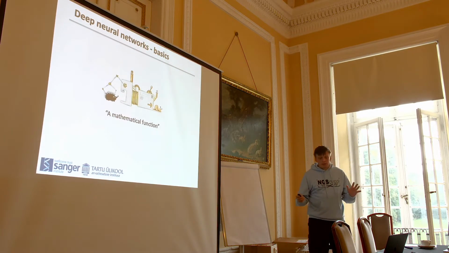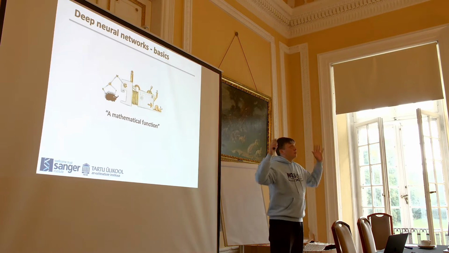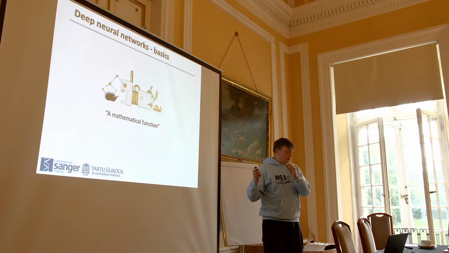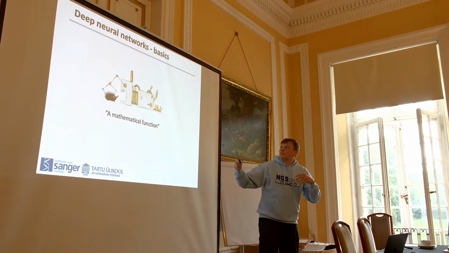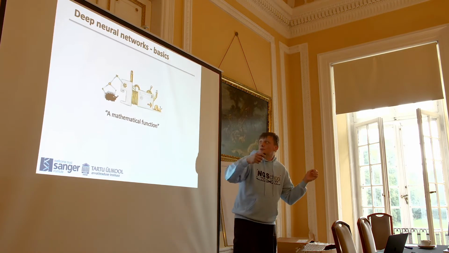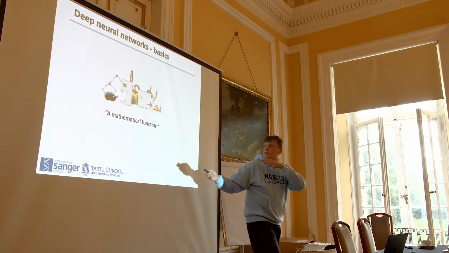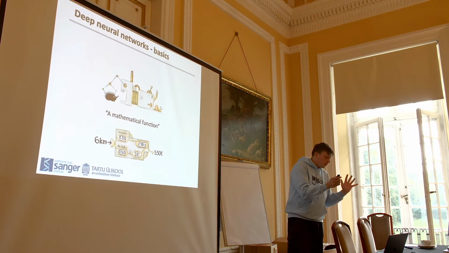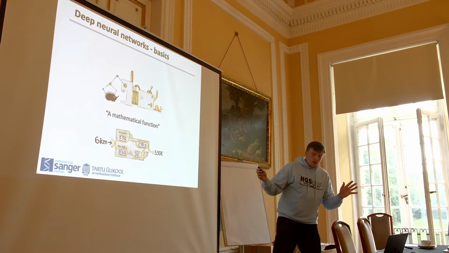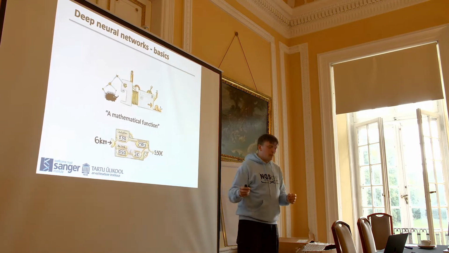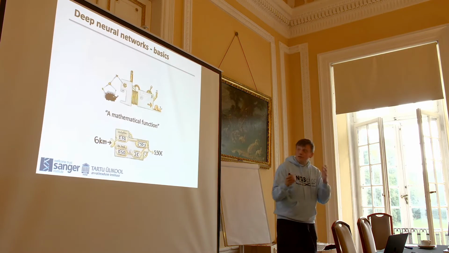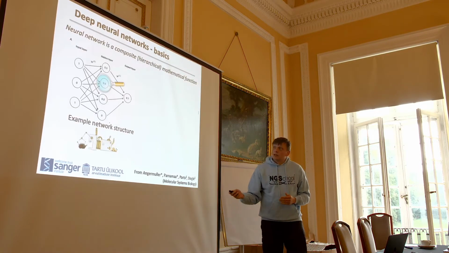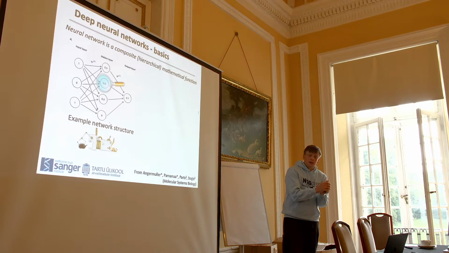Okay, so there's the machine learning framework, input to output, with different ways of doing it. One way of doing it is deep learning, and deep learning is in the end a mathematical function. I like these illustrations that come from an Estonian math book. A function is something that takes an input and produces an output. In this case, it takes a hedgehog and produces a snail, or it can take a distance traveled in a taxi and give out the price. But this machine is fixed, and you can think of it as a black box of input and output. And the black box of deep learning has a particular structure.